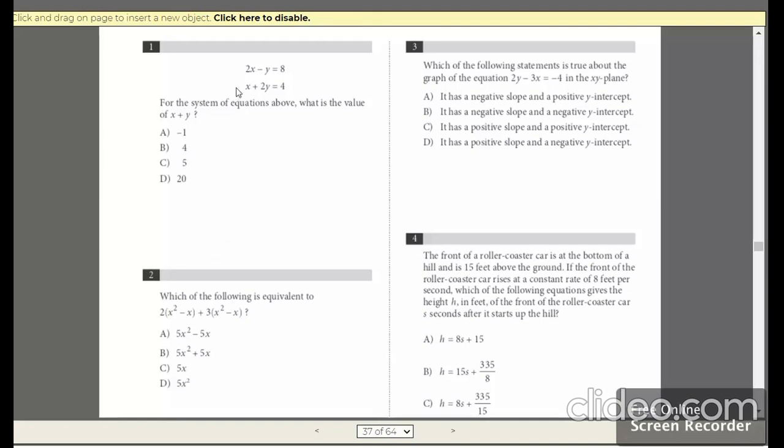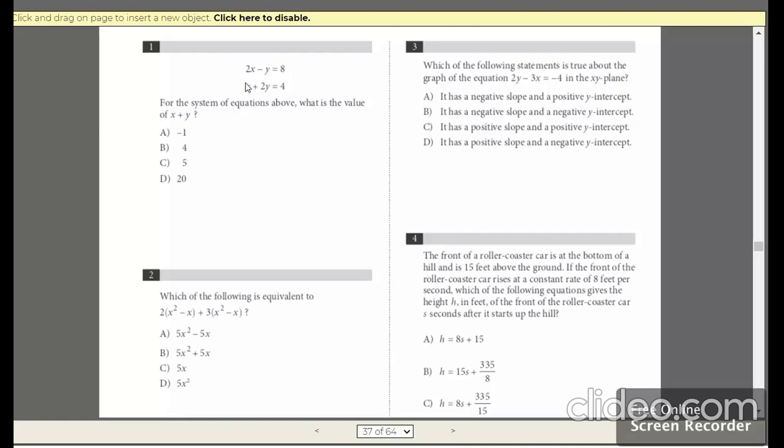doing. Please remember, we've got a simultaneous equation in two variables, 2x minus y equals 8 and x plus 2y equals 4, and they're asking us x plus y. So adding these will give us a different equation in terms of x and y, so it won't fetch us any solution. So what I'm trying to do is solve it. As we know, we can solve it with different methods, so elimination would be the best one.